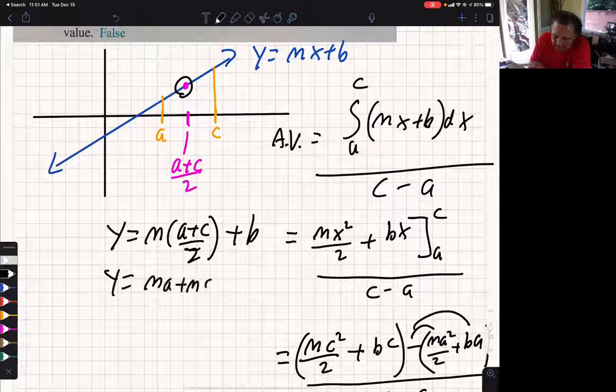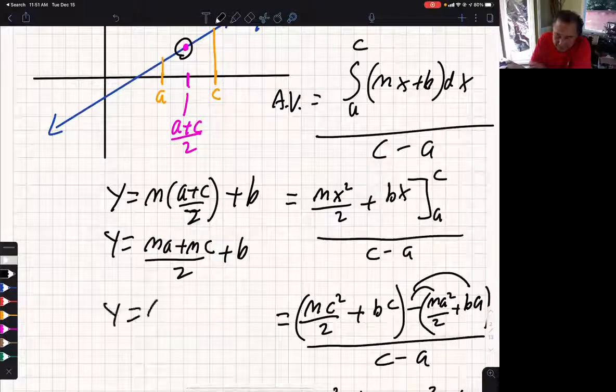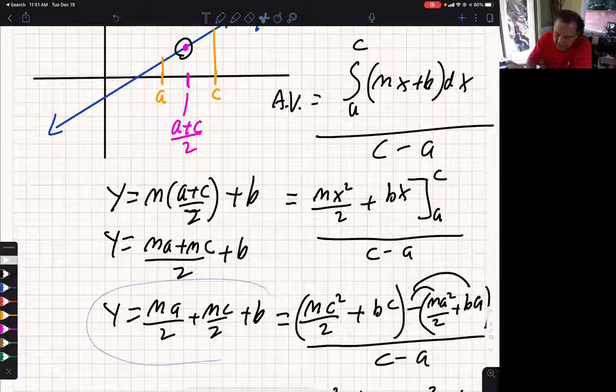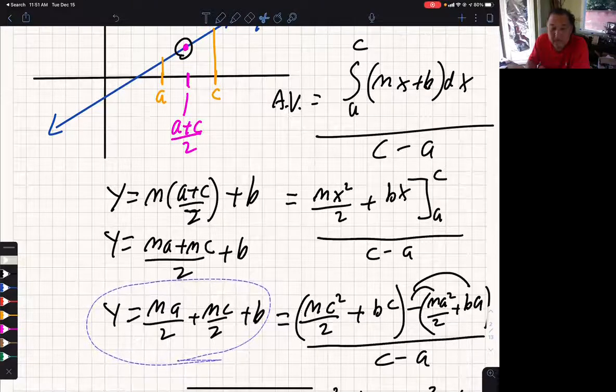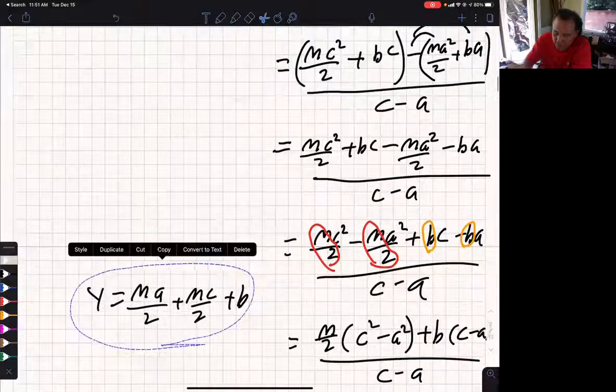m a plus m c over 2 plus b. Let me split these out into two separate fractions: m a over 2 plus m c over 2 plus b. And let's take a look. This is the y value at the midpoint. And looky here, lo and behold,